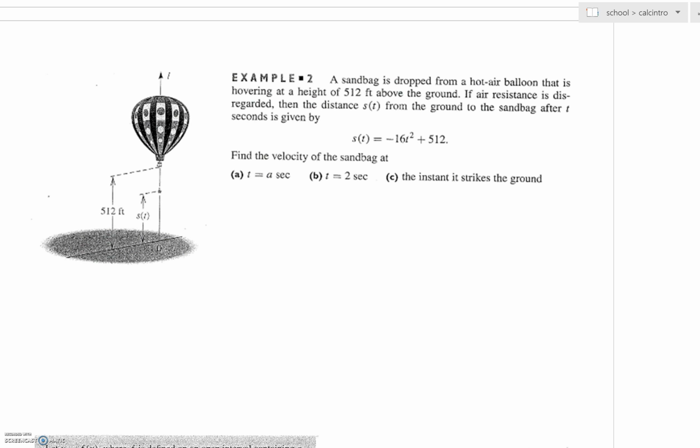We've got a hot air balloon. A hot air balloon on example 2 here. And it says a sandbag is dropped from a hot air balloon that's hovering at a height of 512 feet from the ground. If air resistance is disregarded, the distance is here. Here is your function. So in other words, plug in any t value. Plug in t equals 0, plug in t equals 1, and you're going to be able to get your